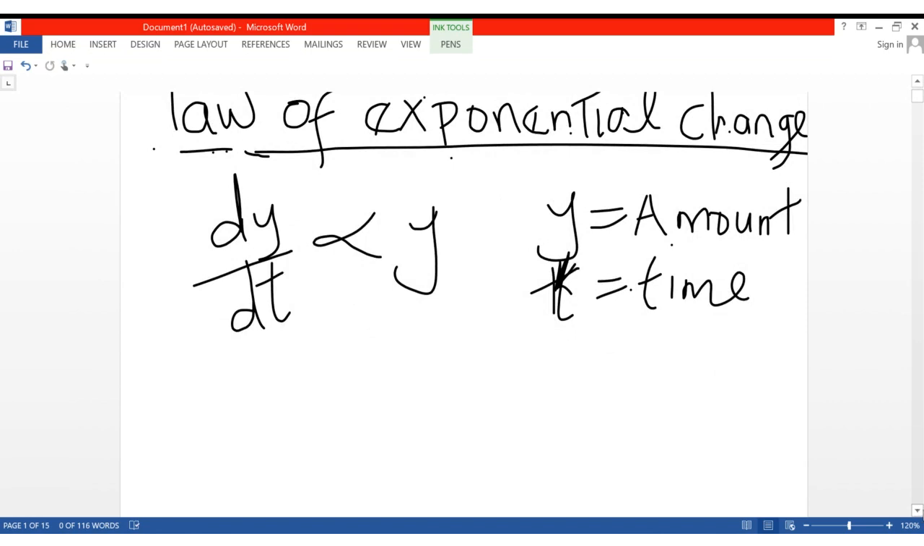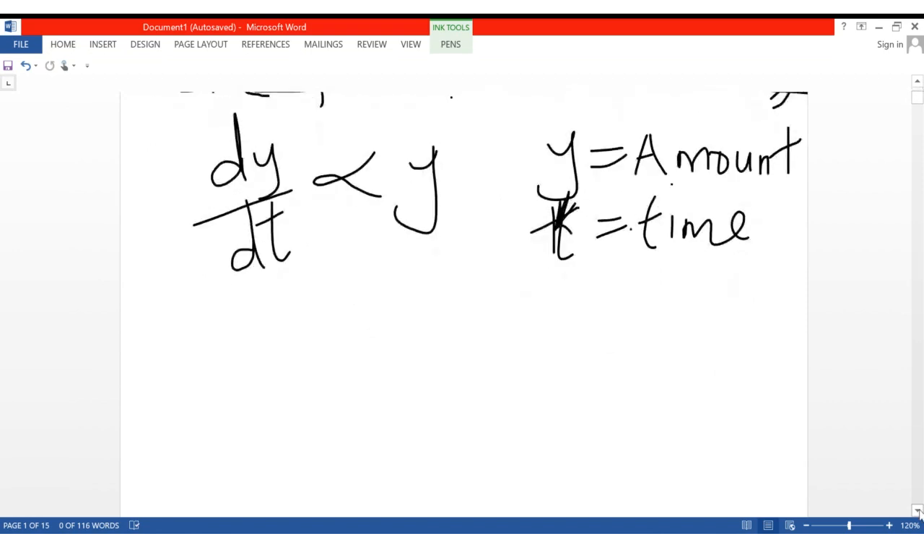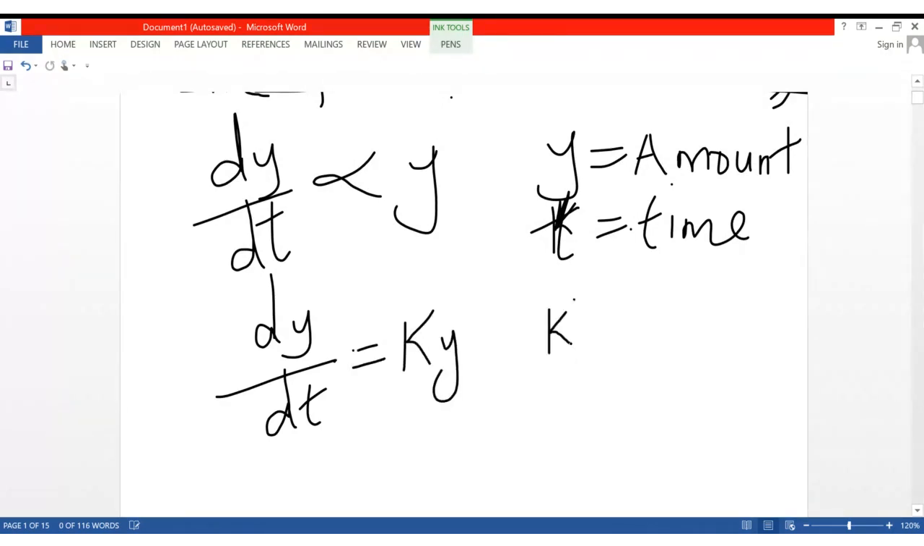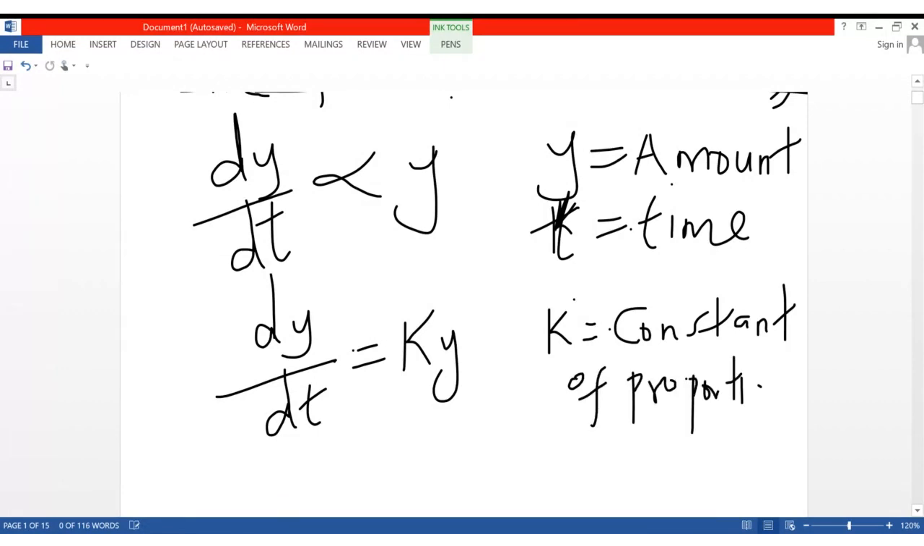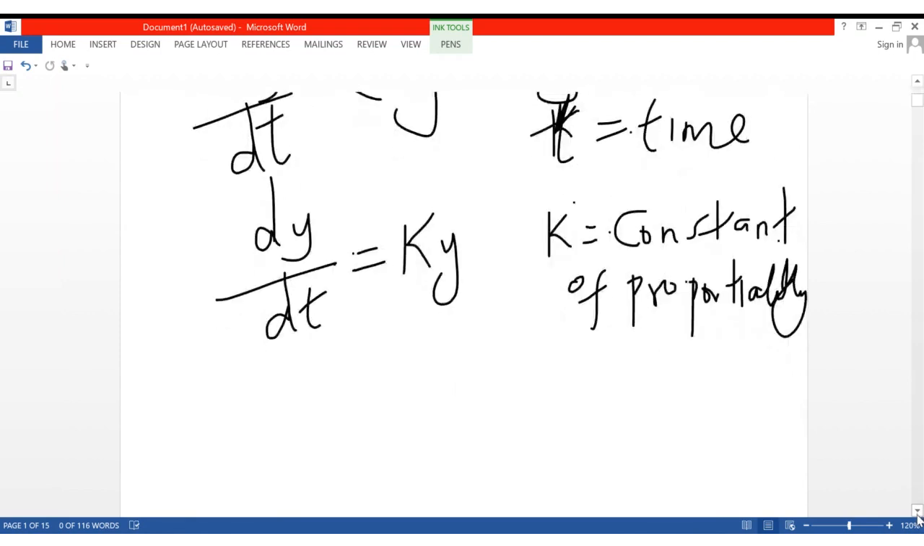So basically where you have a constant of proportionality, we can introduce a k. So dy over dt is the same as ky, where k is a constant of proportionality. So now from there, this is a differential equation, an ODE, whereby